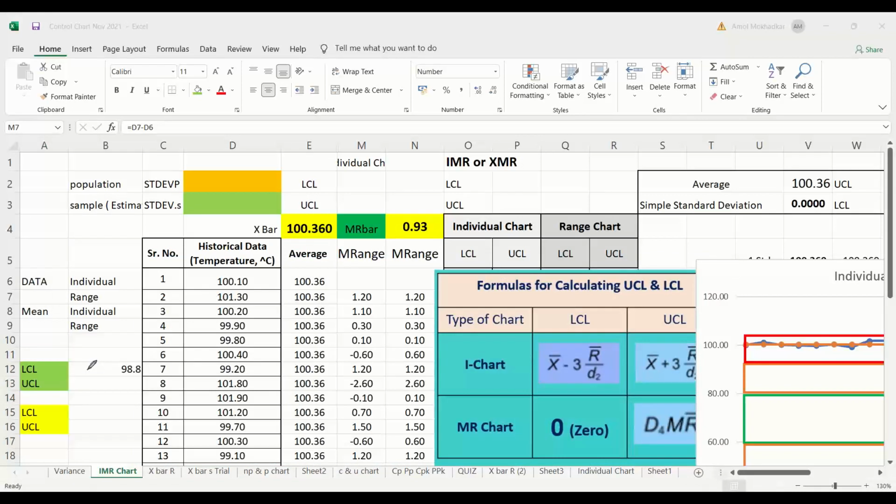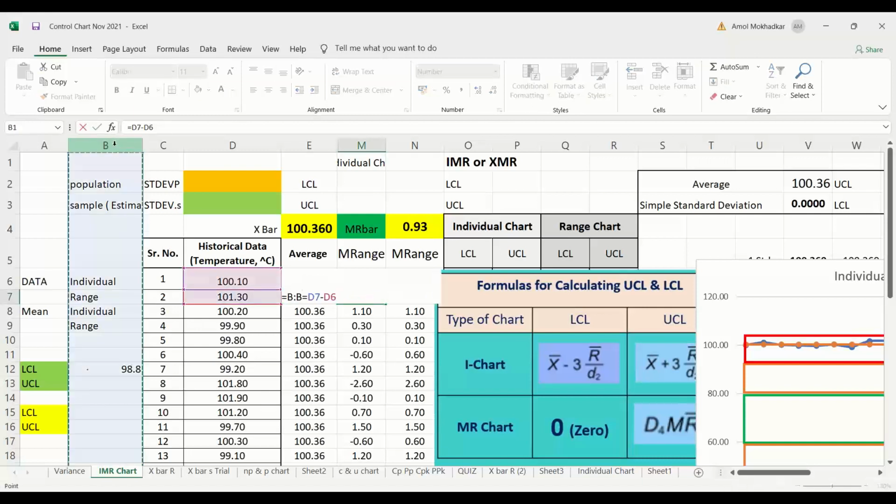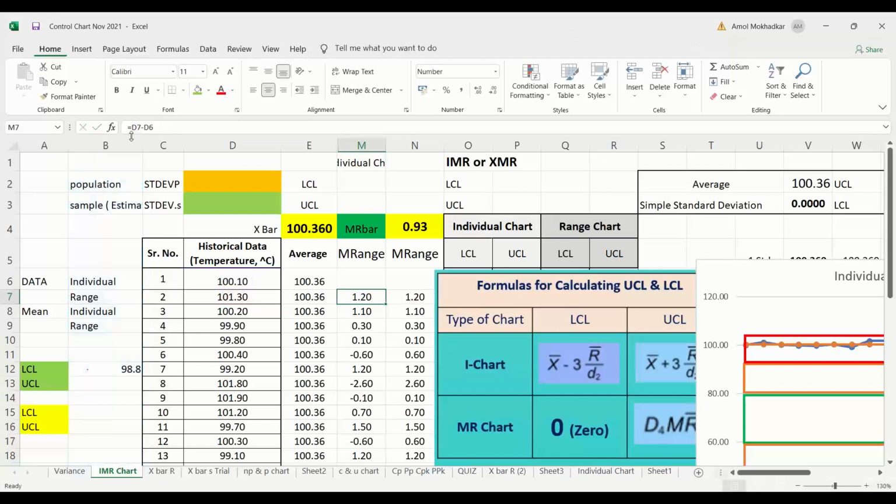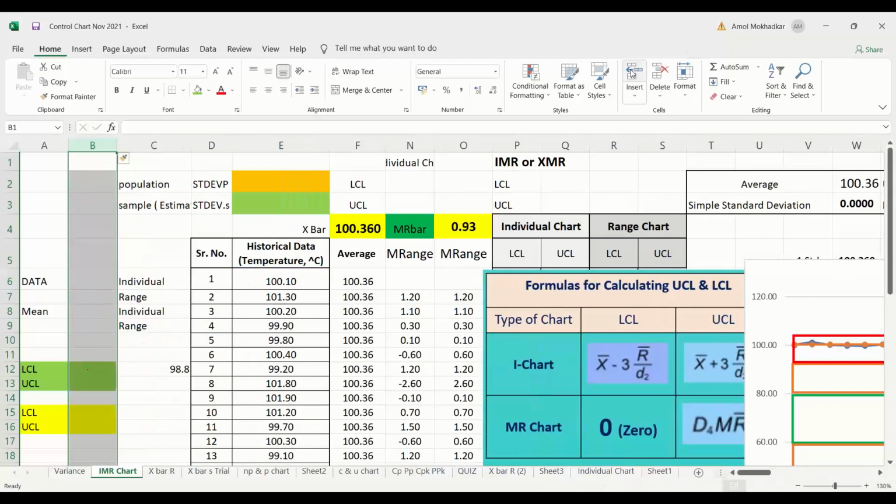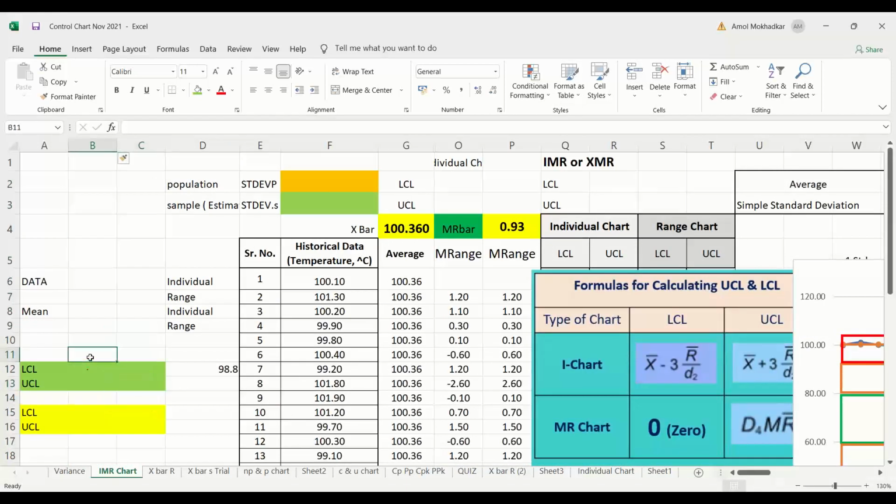I will write what answers I got from the people so far. Mr. Praveen says 98.8 as LCL.